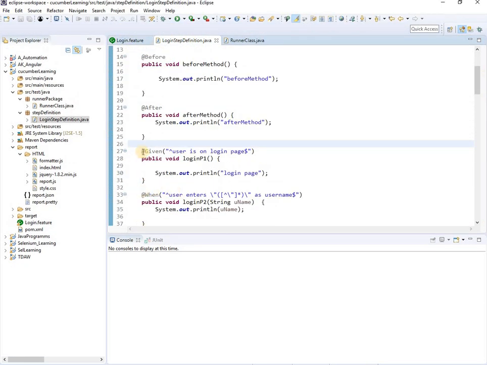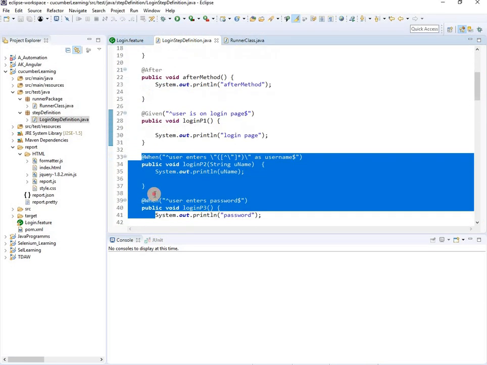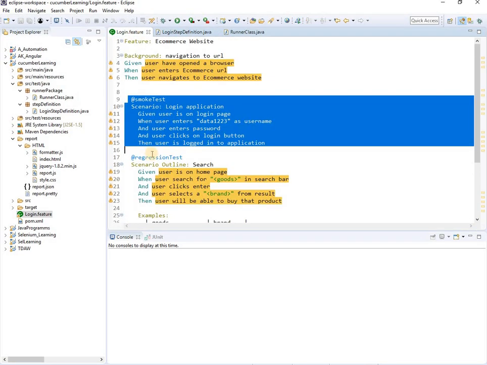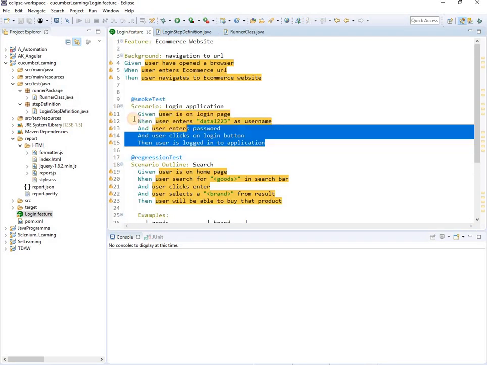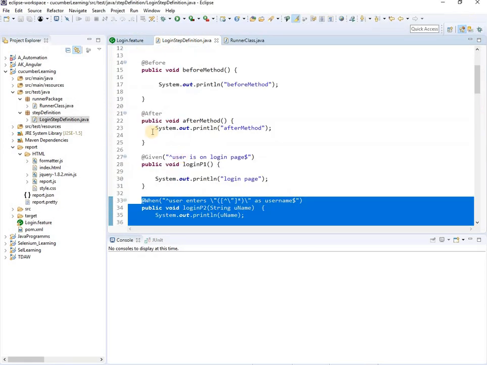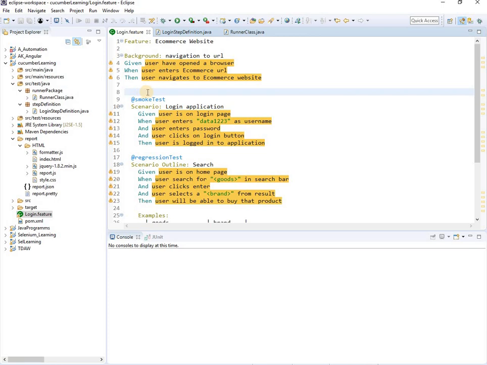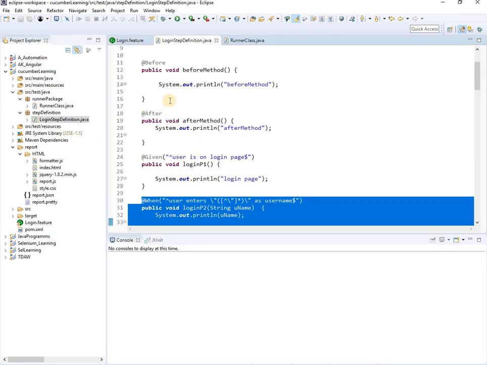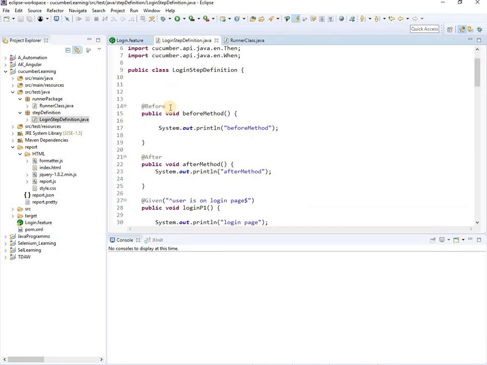In this, there are different methods. This is a method, this is a method. It doesn't matter. The only thing that matters is how many scenarios there are. So there are three scenarios, one, two, three. So three times @Before will be executed and three times @After. But there is a clash over here, right? Before I was saying that background executes before every scenario, and now I'm saying that @Before also executes before every scenario. Correct. Why?